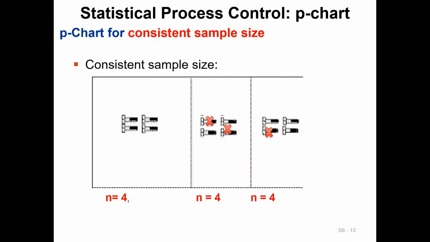We have an inspection plan with a consistent number of samples. You pick the same number of samples throughout these 3 inspection steps, so you're picking 4 samples consistently every time. But the number of defective items is different. In the first batch that you pick, none of the samples are defective, so none were rejected. In the second batch there are 2, and in the last batch there's 1.